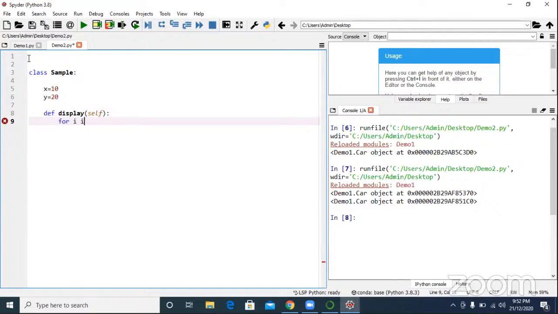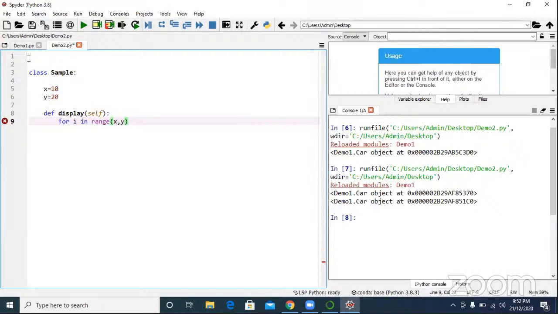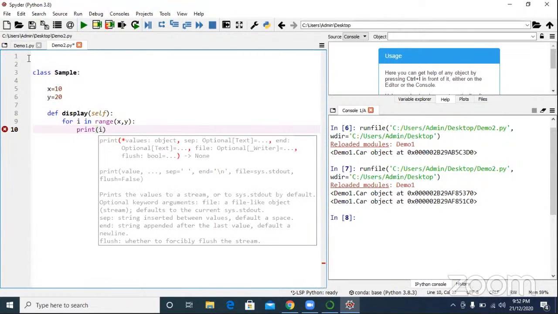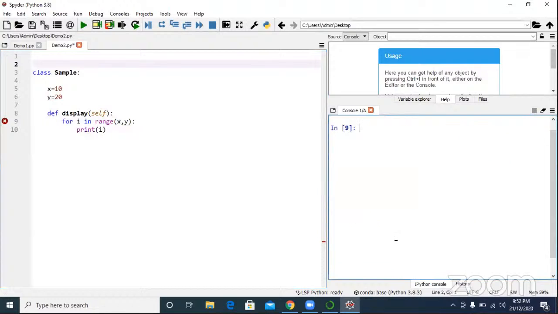I'm showing you simple logic: for i in range x comma y, print i. Where will your for loop start? From 10. Where will it end? Until 19.